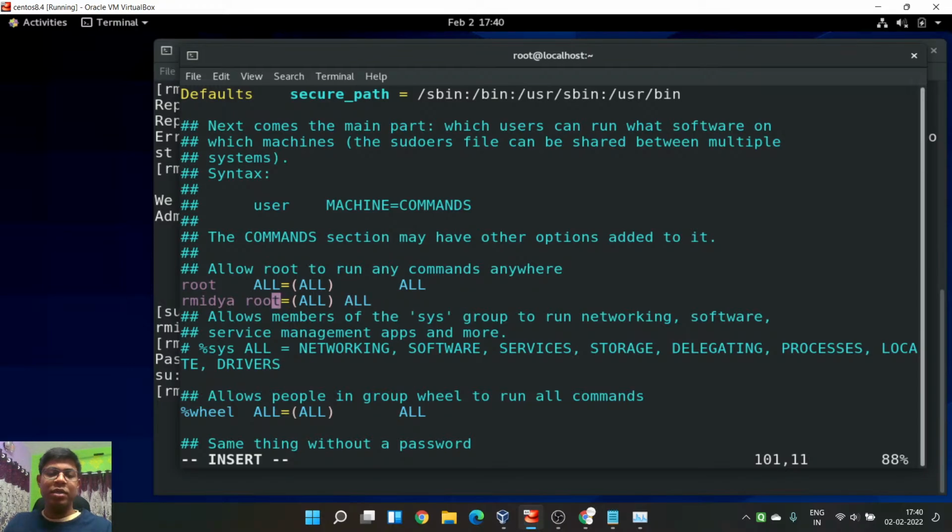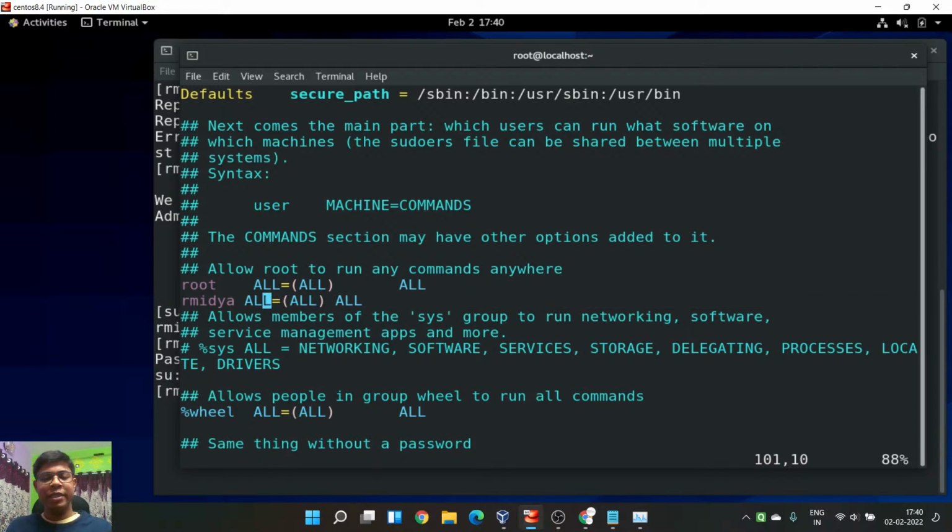Or otherwise you can write whatever they have written, just to make it very simple, that is ALL, meaning Armita can gain the access of all the users on all the systems and can run all the commands.